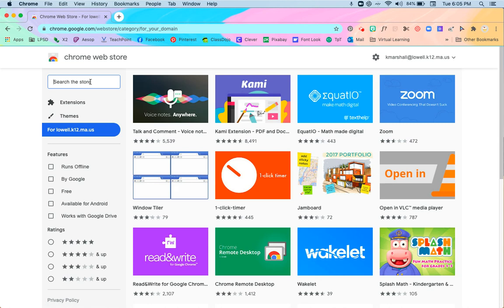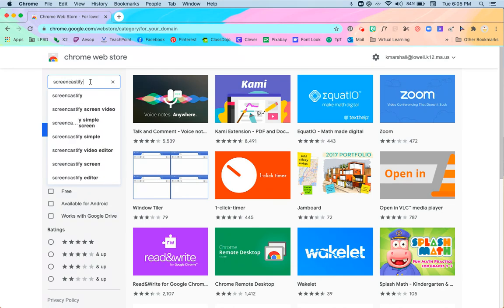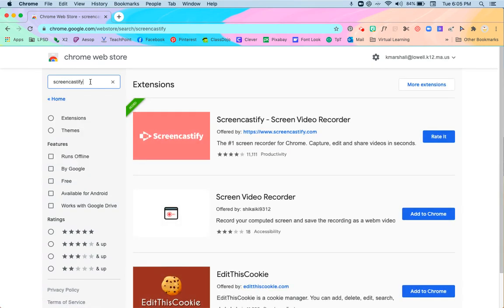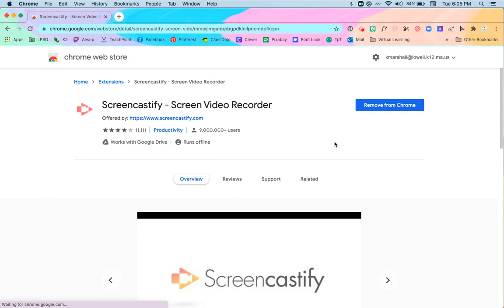You can search the store here for a lot of different extensions. Today we're going to be looking for Screencastify. And I already have it uploaded, so it already says added right here, but yours, if you don't have it already, will have an option to add to Chrome. You're just going to click that button. And when you add it to Chrome, it's going to ask you